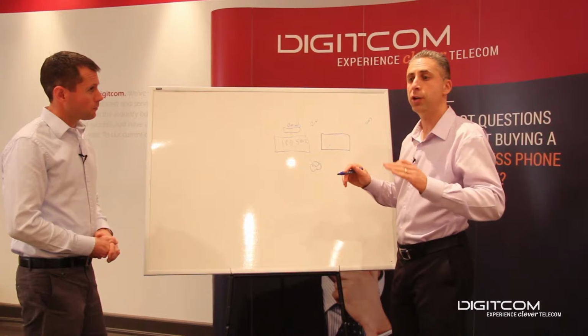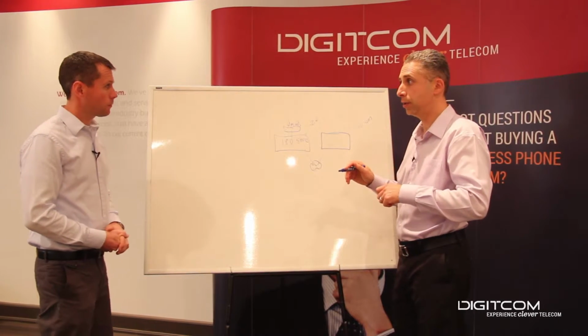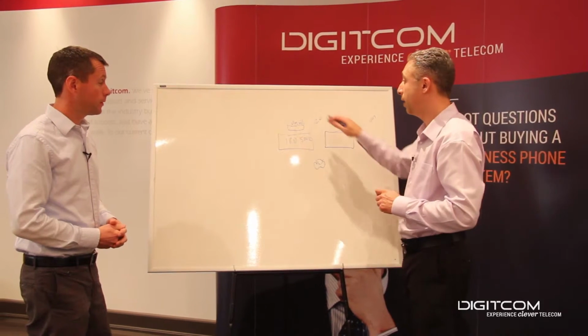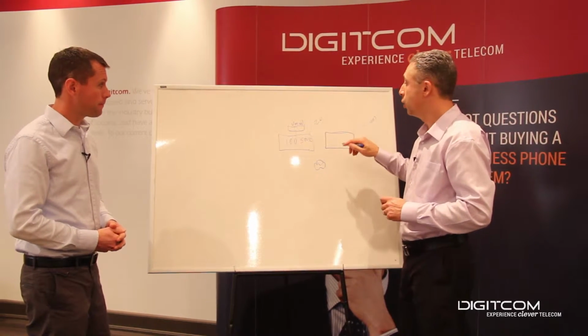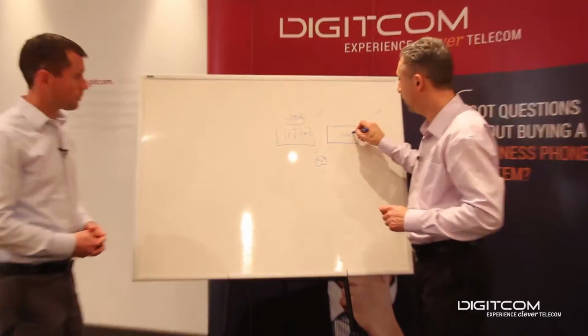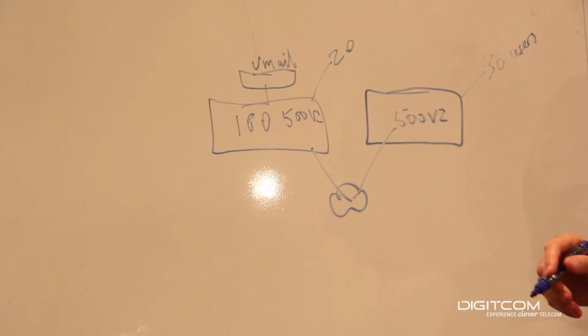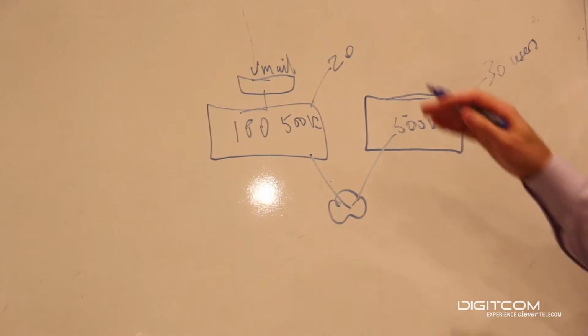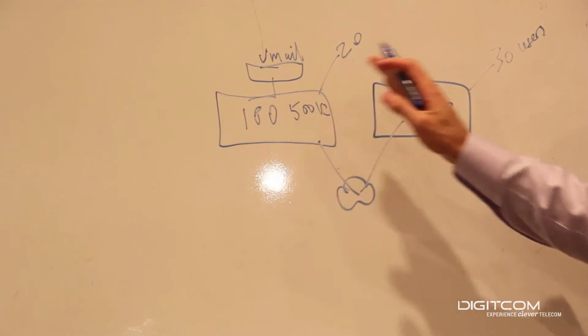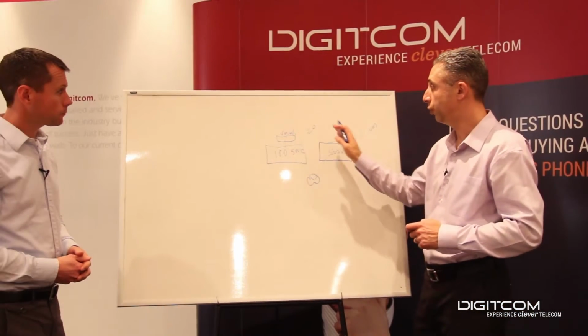Now, with Preferred Edition, you can have 32 sites in a small community network. Is that right? That's right. Well, you can have 32 in that one as well, right? Right, in this model. Sites. So we can have 32 separate 500 V2 systems, all essentially sharing one voicemail system. Now, although there's redundancy in this picture, and you can have one of these cabinets fail to the other and vice versa, and you can do the same with the voicemail,